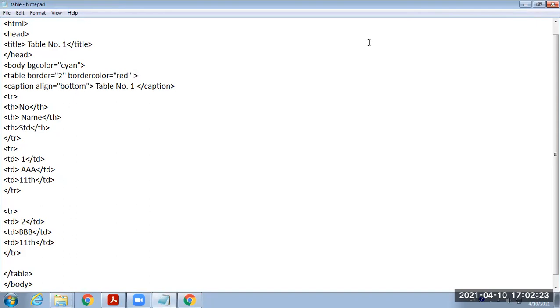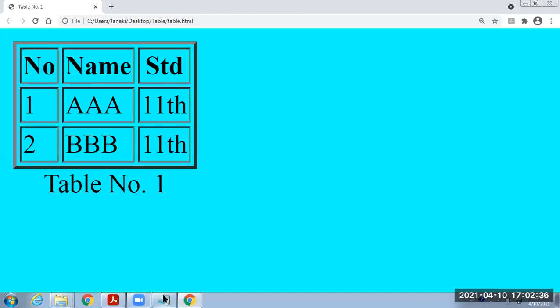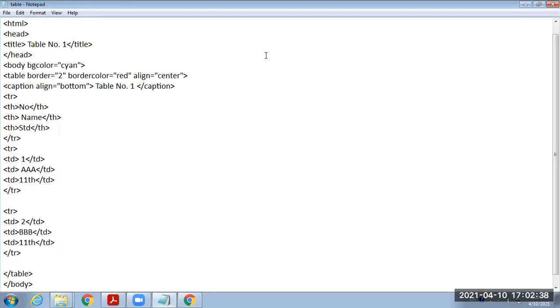After that, next attribute was align. Align equal to, let it be at the center. And one more attribute was BG color. Here we can provide BG color equal to, suppose, pink. We can provide this BG color to the table.